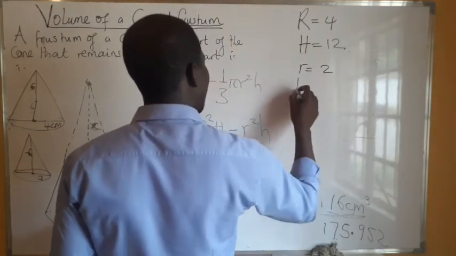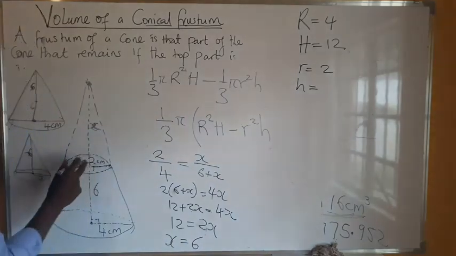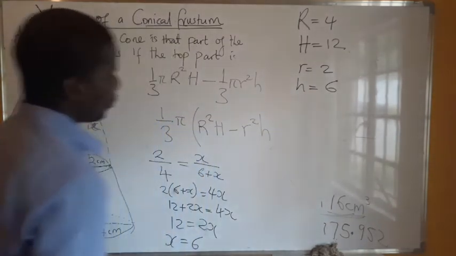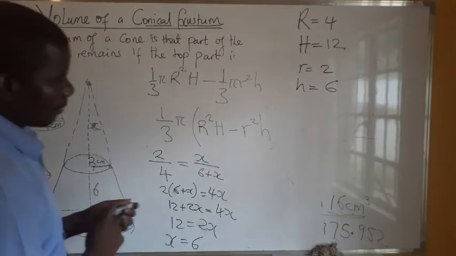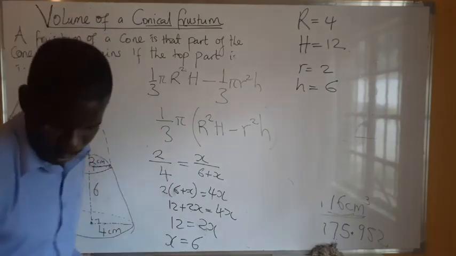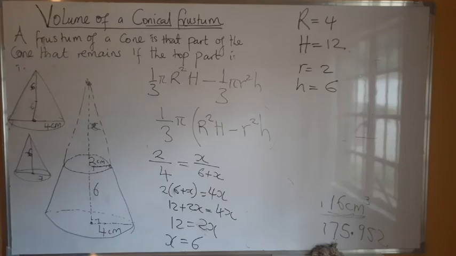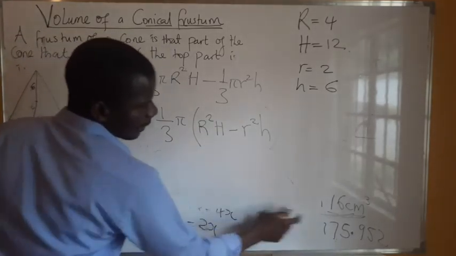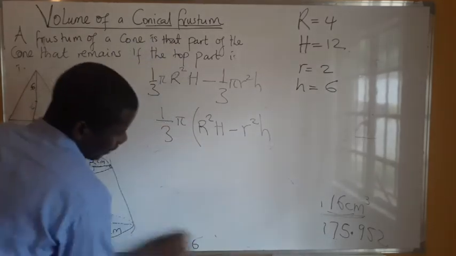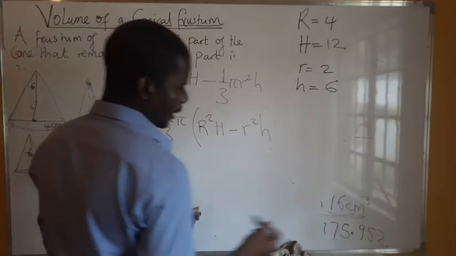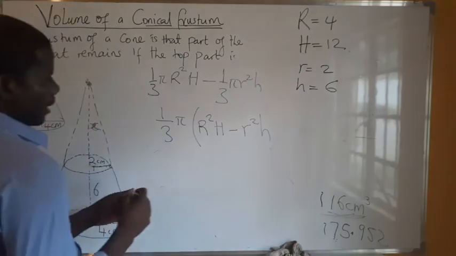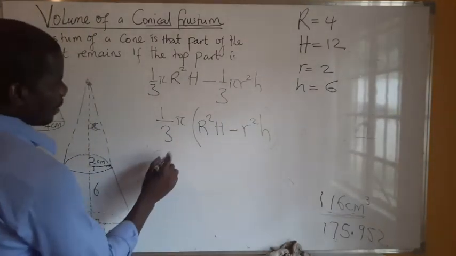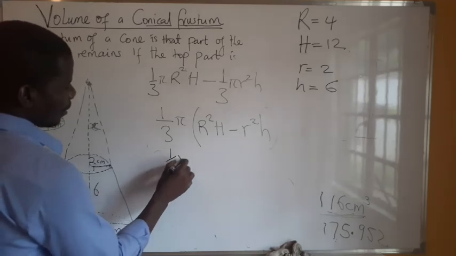And the height here, from this point up to the height here, is 6. So it's the question of us now trying to substitute and put this in our formula. The formula is here. Let's see if we are going to get these answers here. If we do not get these ones, then we have to relook at our work. So we are going to say 1 over 3 multiplied by